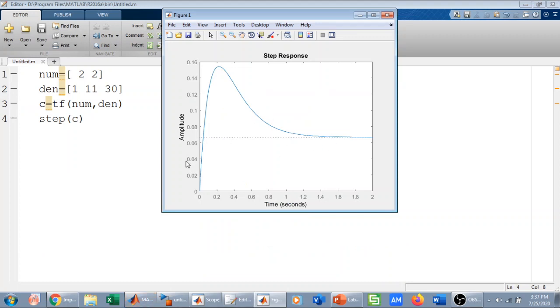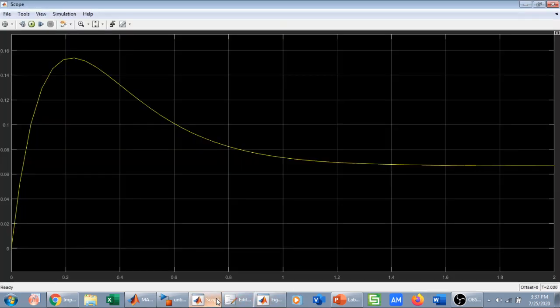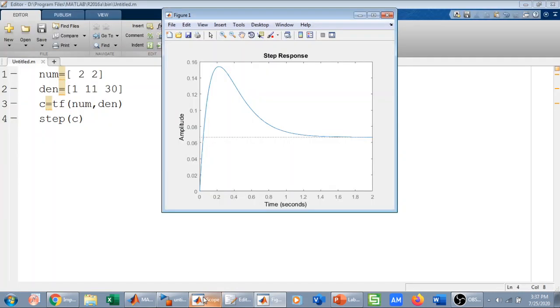This is my step response of the system. As you can see, this step response and this scope step response are almost similar. I have defined the time from 0 to 2; by default it was 0 to 10. So this step response and this step response are almost similar, which confirms that we have found the step response of the system in Simulink.